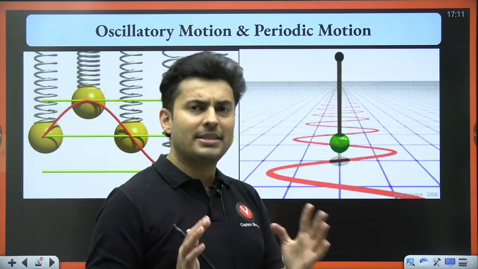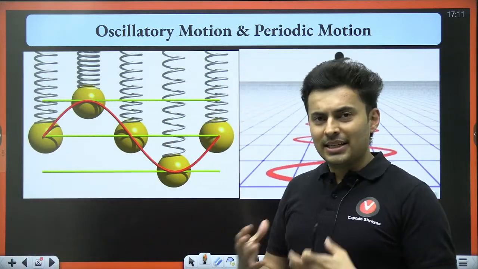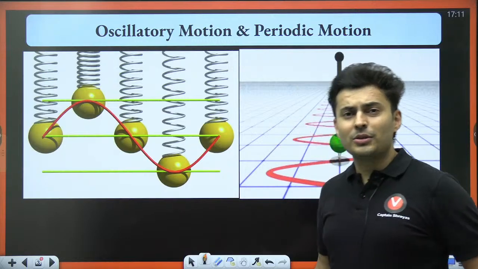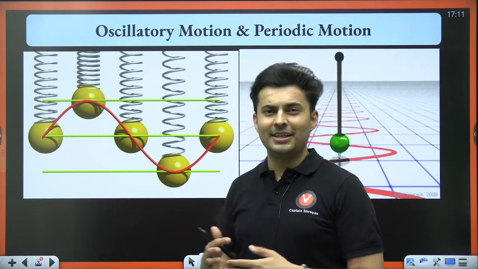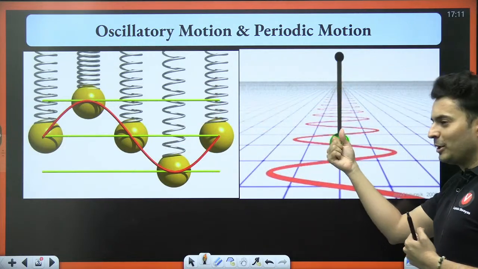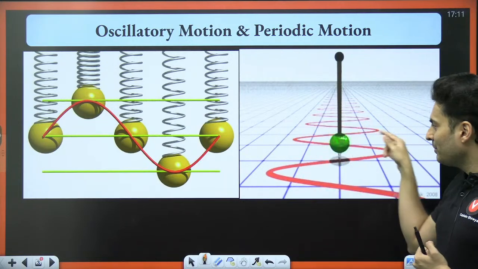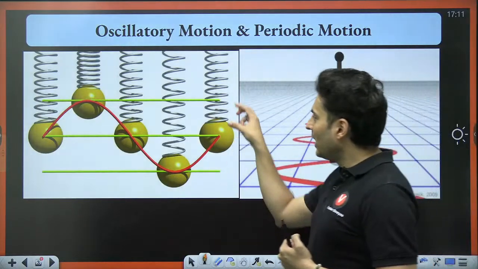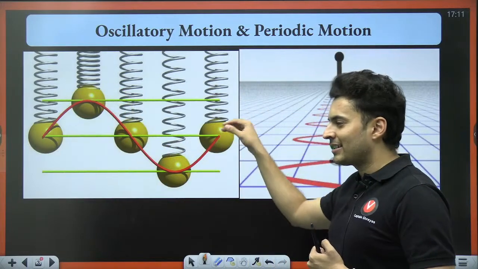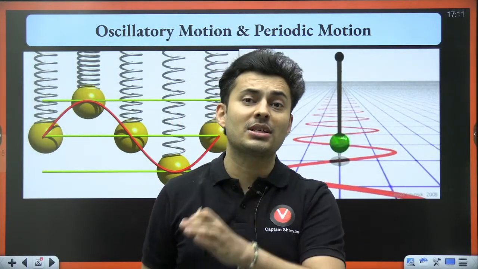Now, this chapter mainly deals with oscillating periodic motions. So let's first of all understand why you need to study this chapter, and also what's the difference between periodic motion and oscillatory motion. You will see this chapter is very closely related to waves. Look at this pendulum which is going back and forth. Some kind of wavy pattern is formed. Look at this mass connected to the spring. It's going up and down, and you can see a wave-like structure. So probably this tells you why you should study this chapter first before studying waves.